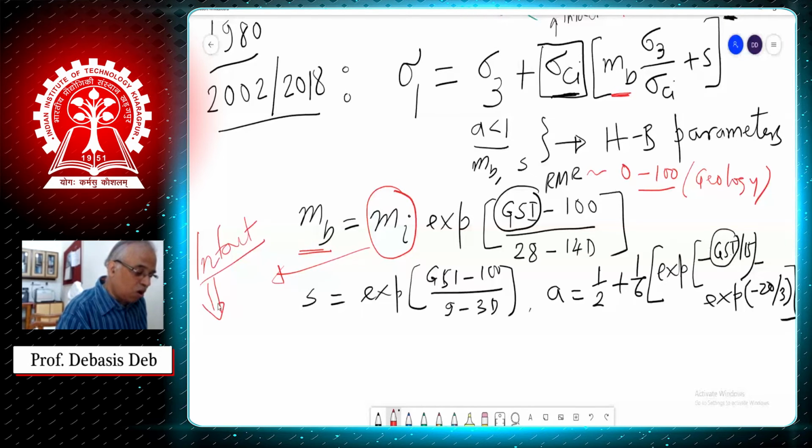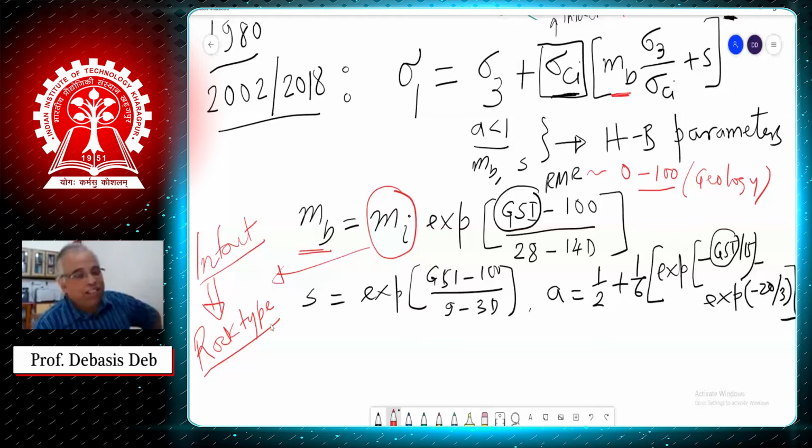And this depends on rock type, like whether it is a sandstone, shale, granite, basalt, chalk, slate, you know, what type of rock, whether it's igneous, metamorphic. So this value is also given by Hoek and Brown. And if you are working in a rock which you do not know, we can test it in the lab and find out this value of mi for that particular rock. So that is the normal way we do. So this mi tells us about the rock type.